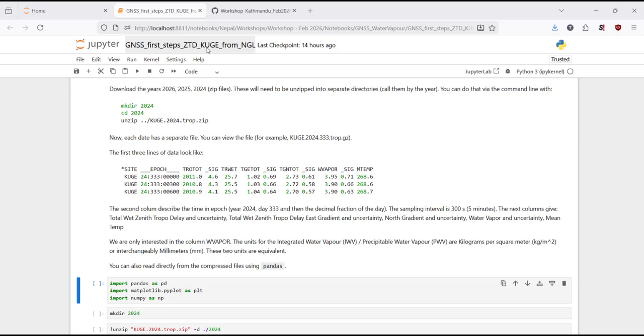So it's a very, very high resolution file that gives you essentially the amount of water vapor that is above that station. And if we look at a file, this is an example, I just chose the 333rd day of 2024. And you see that the file is set up in a way that you have the station name, you have the date. The date is given in the year, day, and then the number of seconds. That's an epoch. That's the way you store data in the GNSS world. Then you have the